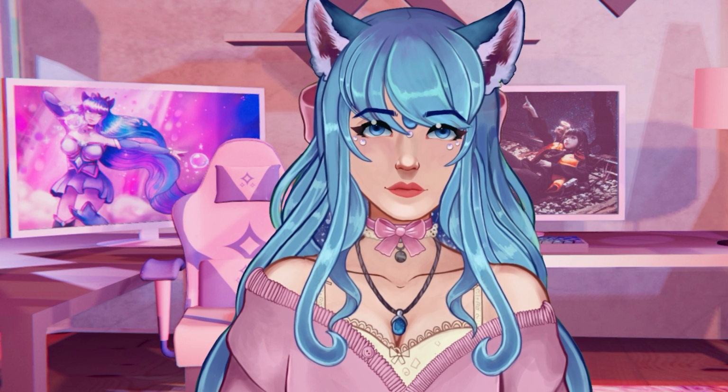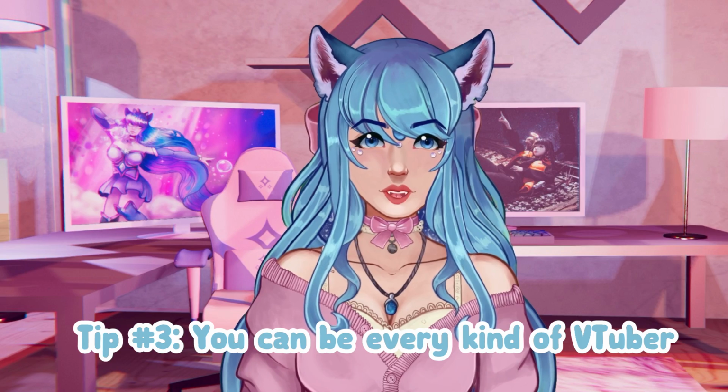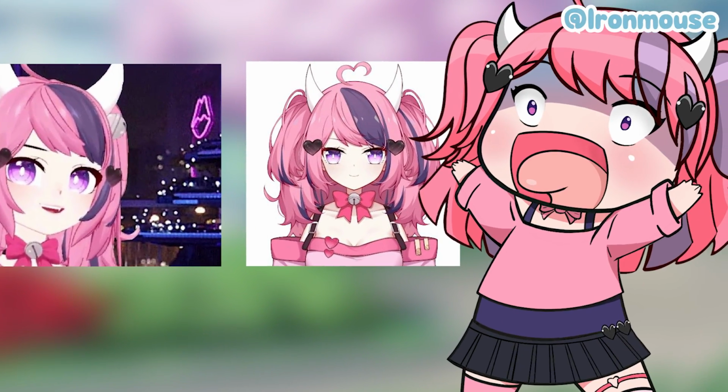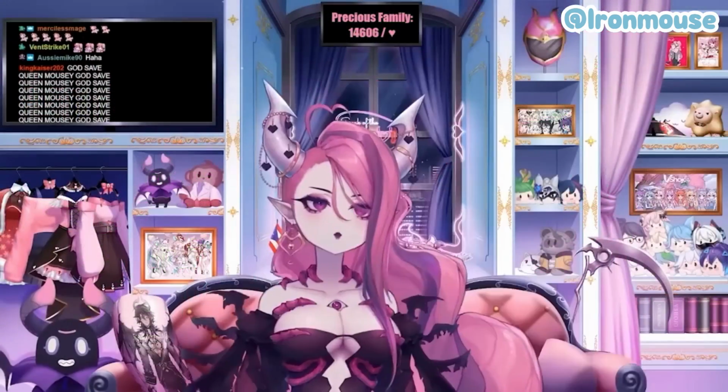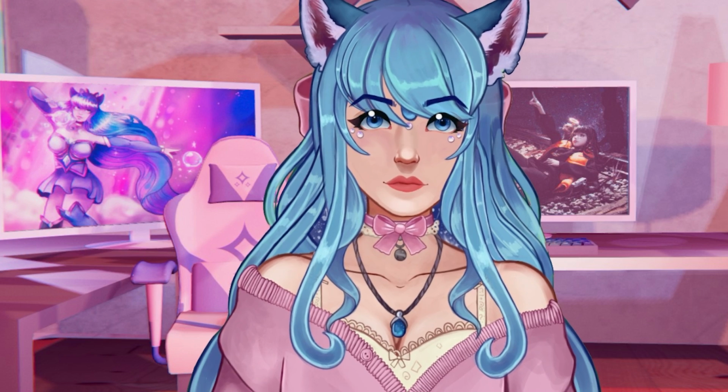Number 3, this kind of plays off of number 2. Know that you can choose multiple types of models and play that off of your brand. There are lots of VTubers who have both a 3D model, a 2D model, and even a PNG model. You can use all of these models for different things depending on the content you're delivering. So know that it is okay to have as many as you'd like, and there is no wrong answer.